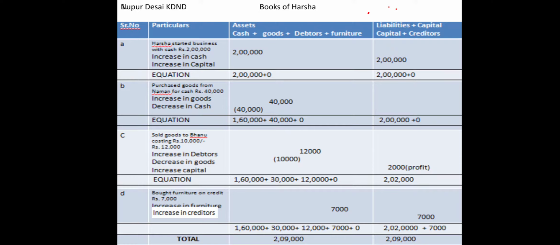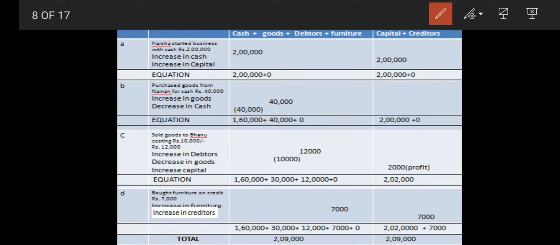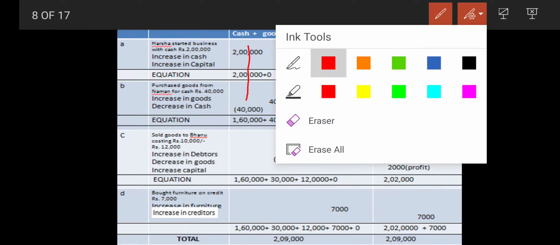In this case, in a very simple way you understand that there is an increase in goods, so a new column will be put down, that is goods, and you will be putting 40,000 over here, and your cash decreases. Besides this, the cash column we have already prepared for the previous transaction, so from 2 lakhs, 40,000 will be decreased, and for goods 40,000 will be taken down, while the rest remains the same. So ultimately 2 lakhs minus 40,000 gives you 1,60,000, 40,000 goods as it is, plus 0, while here capital plus 0, that will give you the same scenario.